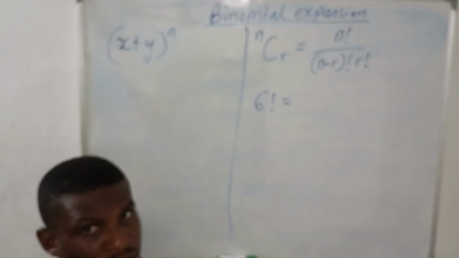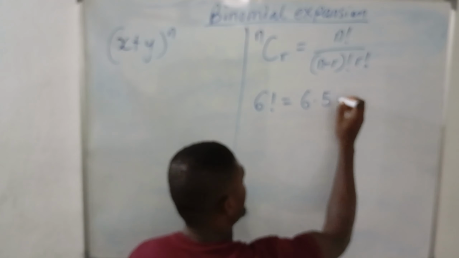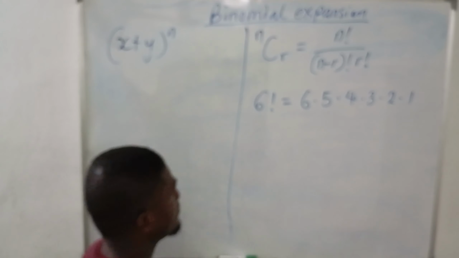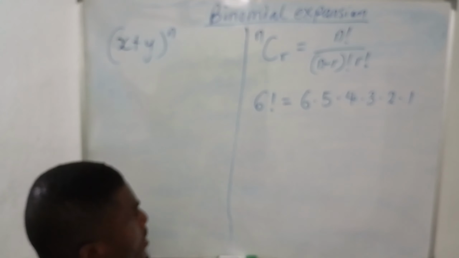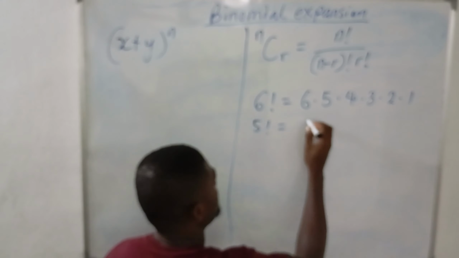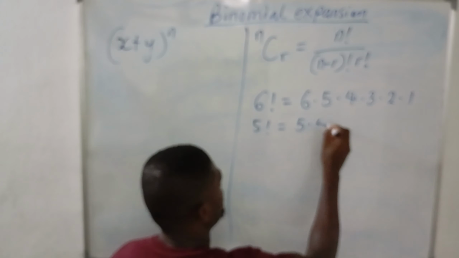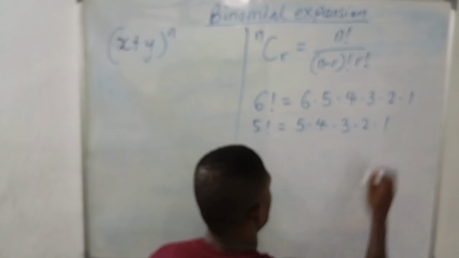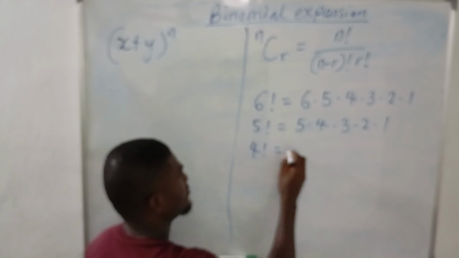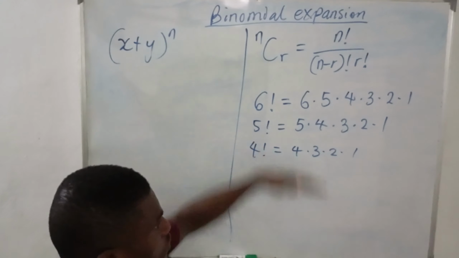Now 6 factorial would be equal to 6 times 5 times 4 times 3 times 2 times 1. Okay? And then 5 factorial would be equal to 5 times 4 times 3 times 2 times 1. Okay? 4 factorial would be 4 times 3 times 2 times 1. And so, based on what we've done so far,